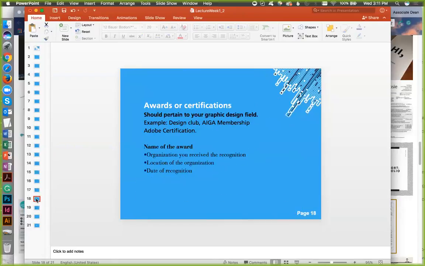Okay, let's go back. So your awards or certificates should pertain to your graphic design field. Example, if you attend Design Club, Coffee with Creatives, AIGA membership, you have Adobe certifications, any of it should be put on your resume. And it should state in bold the name of the award, the organization that you received the recognition from, the location of the organization, and the date of the recognition. Okay?